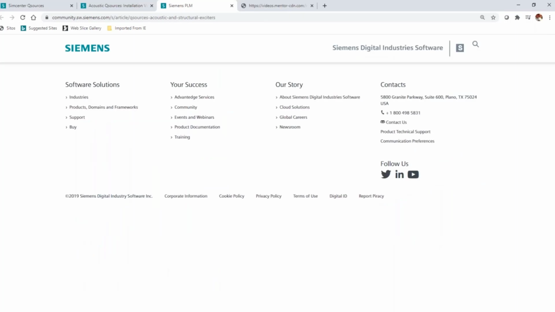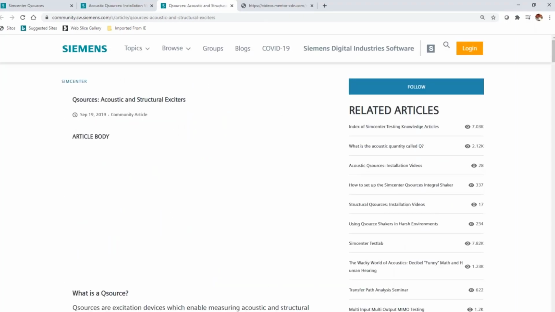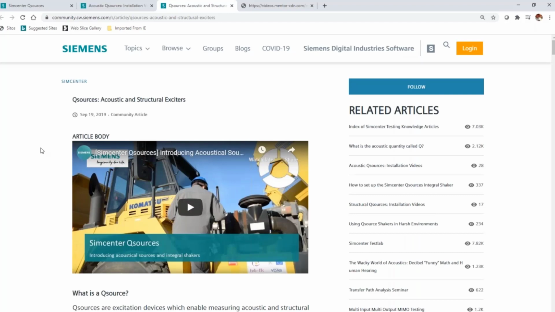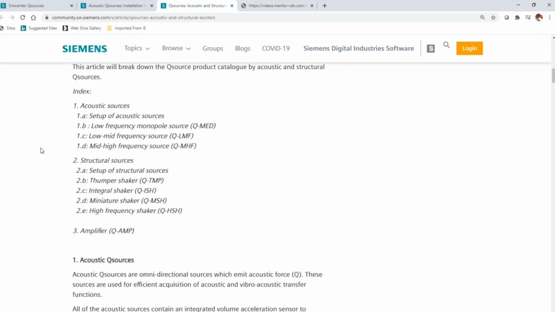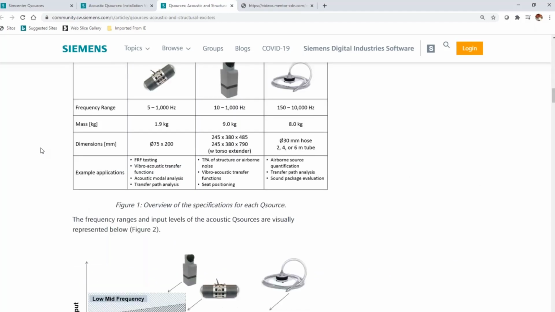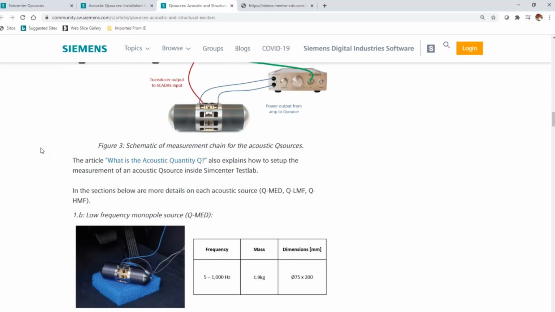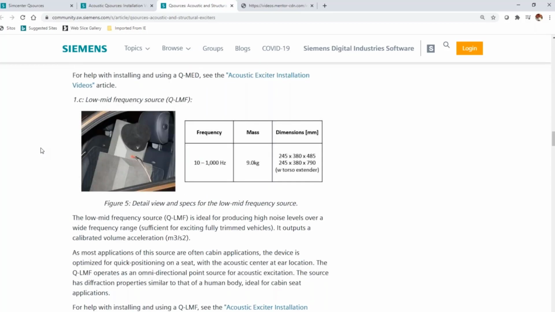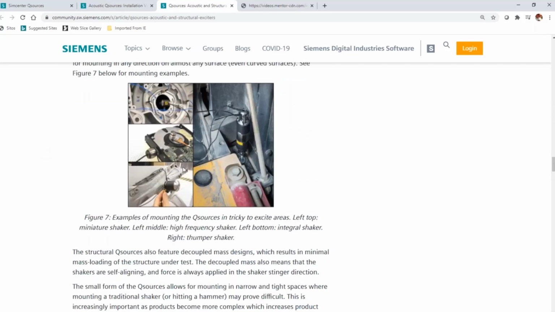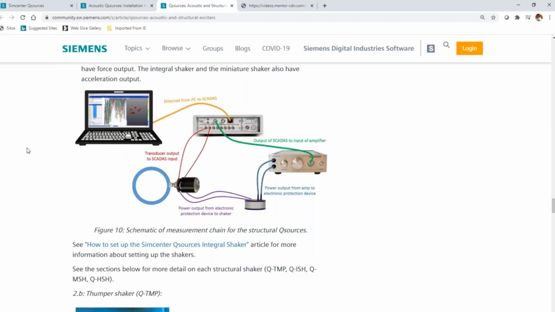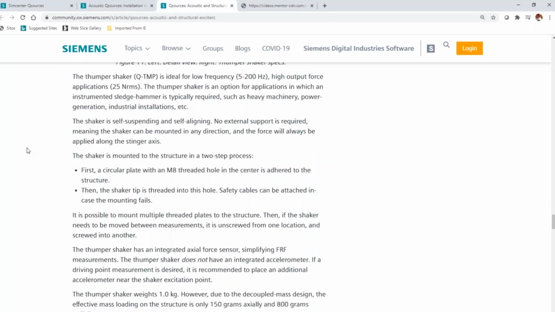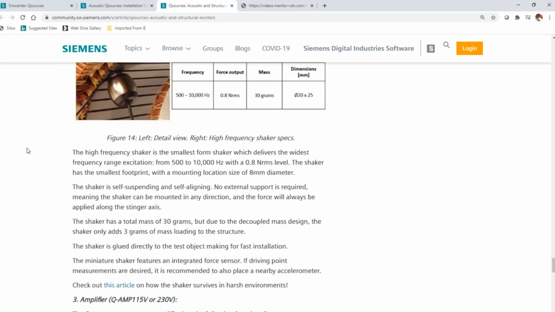This will be overall a sort of summary article on any Q sources, and it talks a little bit about what Q is. You see a lot of the same diagrams I've shown you here, but it reviews all of the technical information, shows you some more application pictures from our engineering services department, as well as gives you some more additional information about the Q sources.